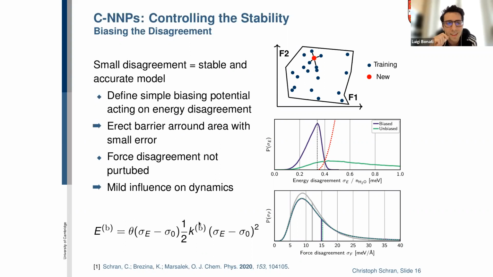And if I may, another, I mean, it's more asking for a comment than a question. Also here you're saying, I mean, small disagreement is equal to a stable and accurate model. The problem with neural networks, I would say, is that this is a necessary condition, but it's not granted that it's a sufficient condition, because it might also be that all of your models are doing it wrong in the same way. Yeah. So, for instance, I mean,